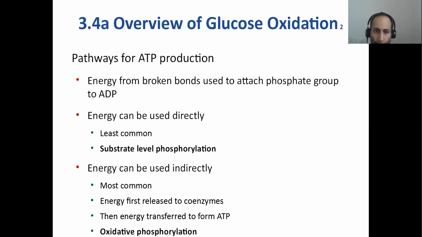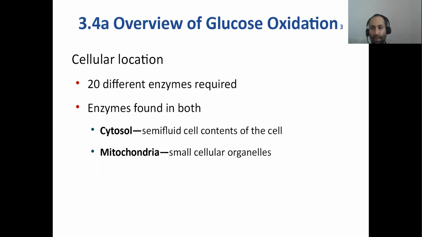And so where does it happen? All these steps, they happen inside of your cells. The first step, called glycolysis, takes place outside of the mitochondria in your cytoplasm, what is called the cytosol, as you can see here. And the rest of the two steps after that, called the Krebs cycle or the citric acid cycle, and the electron transport chain, those two processes take place within the mitochondria.